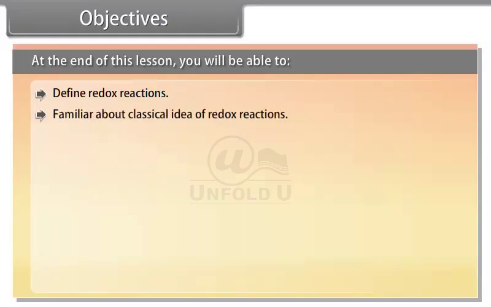Objectives. At the end of this lesson, you will be able to define redox reactions, familiar about classical idea of redox